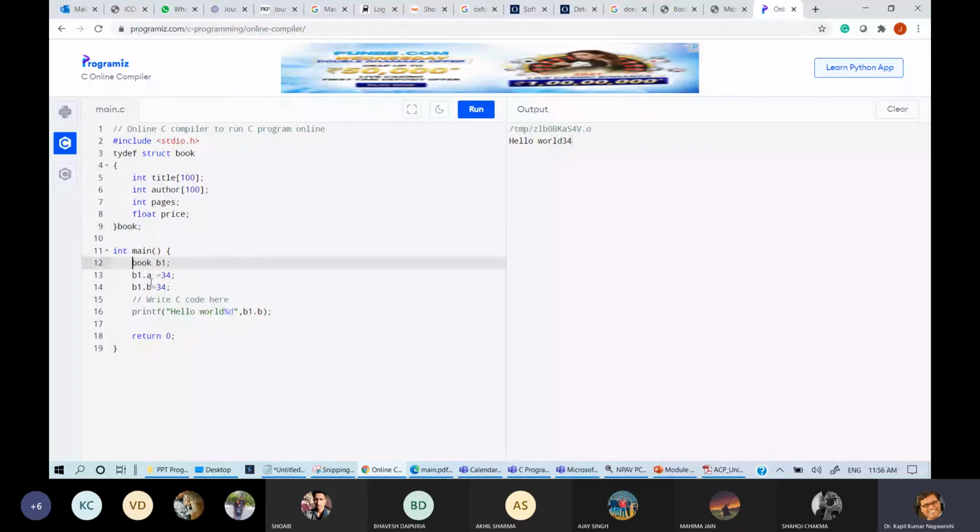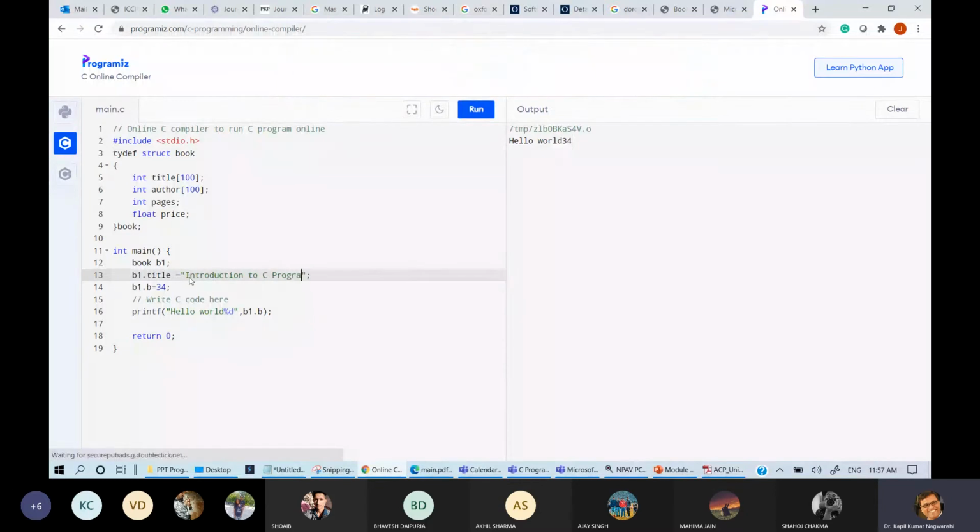Now you need not declare this struct book. Book type b1 is given, and then b1 dot title equals "Introduction to C programming".